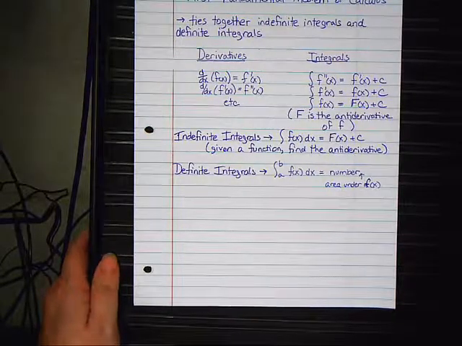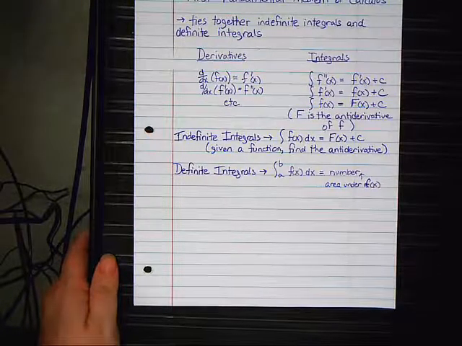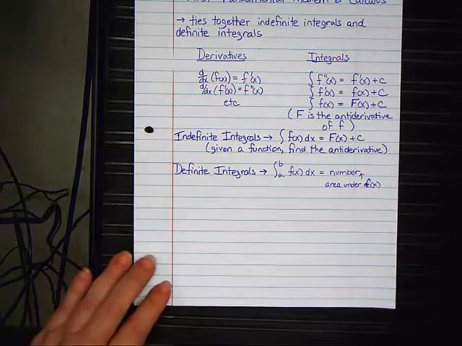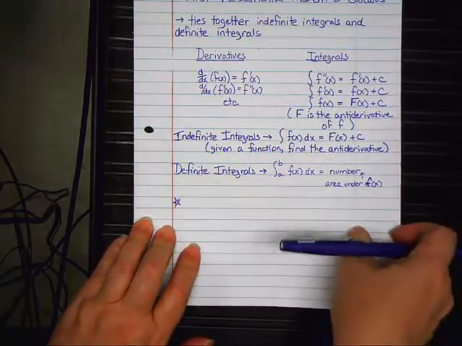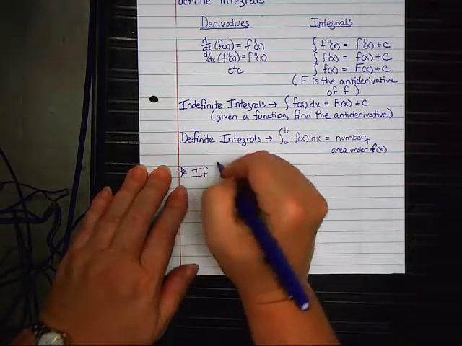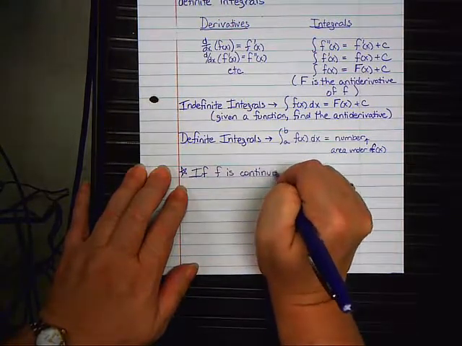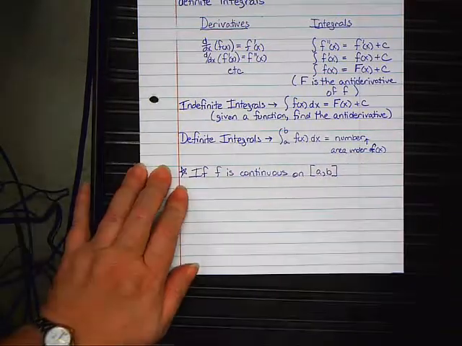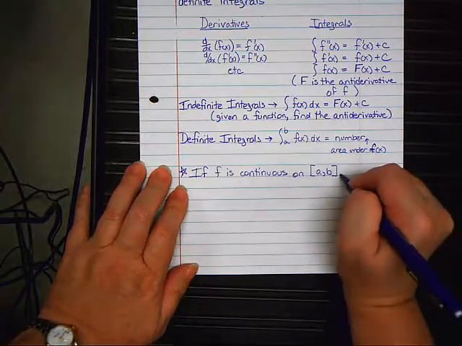And that connection, called the first fundamental theorem of calculus, is how we can actually solve an integral that cannot be solved with geometry, and actually it can work for the ones that can be solved with geometry. Here is the way the theorem goes. I'm going to put a star by it to show that this is the theorem exactly. Here's what it says. If f is continuous, sounds familiar, on the closed interval from a to b,